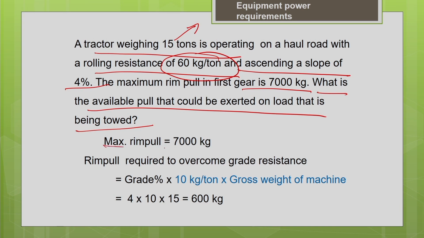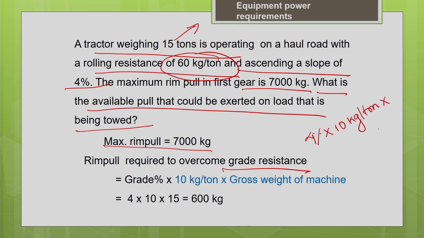You know that the maximum rim pull available is 7000 kg for this particular machine, as given by the manufacturer. Now you need to know the grade resistance and the rolling resistance, so that you can find the tractive effort needed to overcome them. First, let us see the tractive effort needed to overcome the grade resistance. You know the grade percentage is 4%. I told you that for 1% of grade, the grade resistance is 10 kg per ton. So 4% multiplied by 10 kg per ton